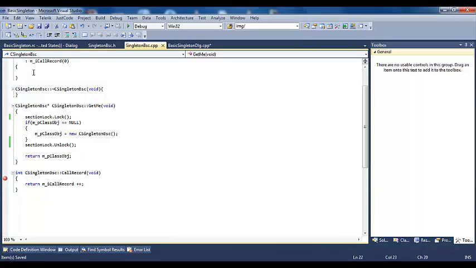Lock and unlock will make our memory allocating code thread safe, so it ensures that we have only one object of this kind available throughout the lifetime.